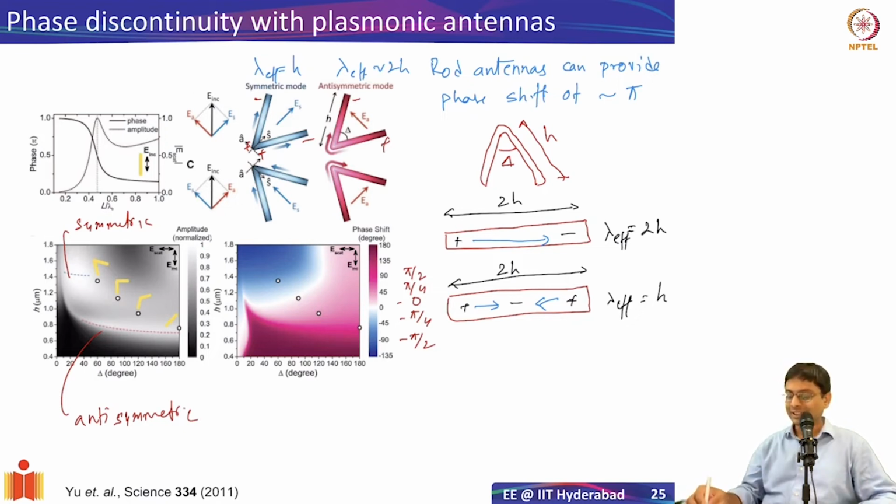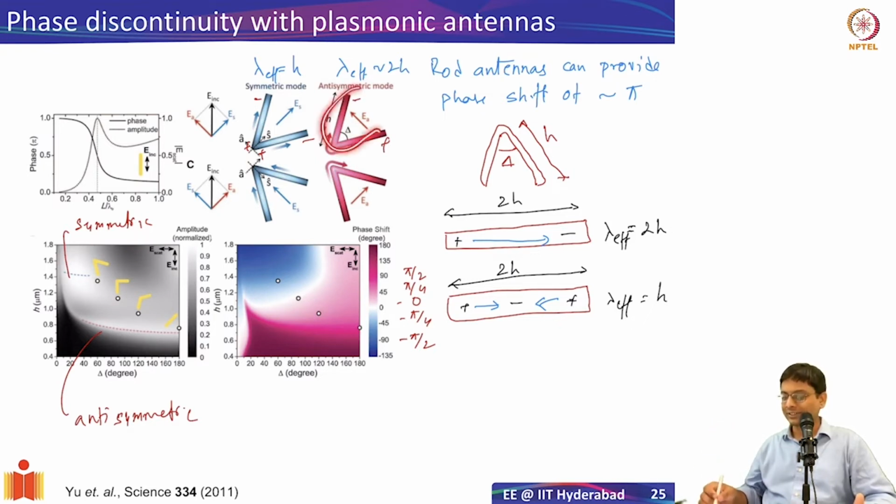So basically, if you have a symmetric mode, the electric fields are like this, symmetric in both arms. But the anti-symmetric mode is actually going the entire way. So the question was, if you have an anti-symmetric mode like this, does it mean that it's a circulating current? Or can it have a magnetic dipole? And indeed, if you compute this, you'll see that there will be some magnetic confinement in this. So you should see some magnetic response, in a way that is similar to the split ring resonator.